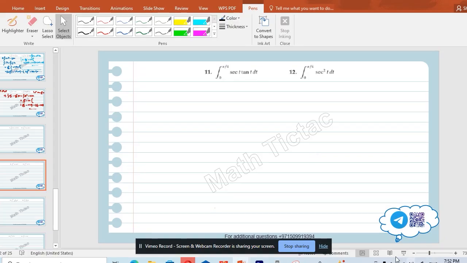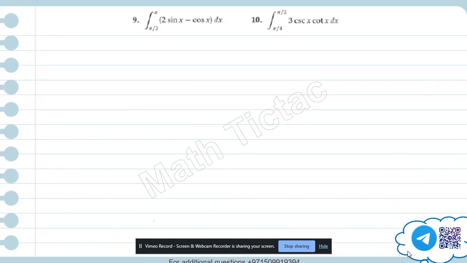Okay, so let's move to the next part, which is to continue solving questions about finding the definite integration using the fundamental theorem, part 1. In here, the integration of sine x minus cosine x. So we have to find the integration of sine x and cosine x. So what function, if I find the derivative for it, will be sine x? This is going to be minus,